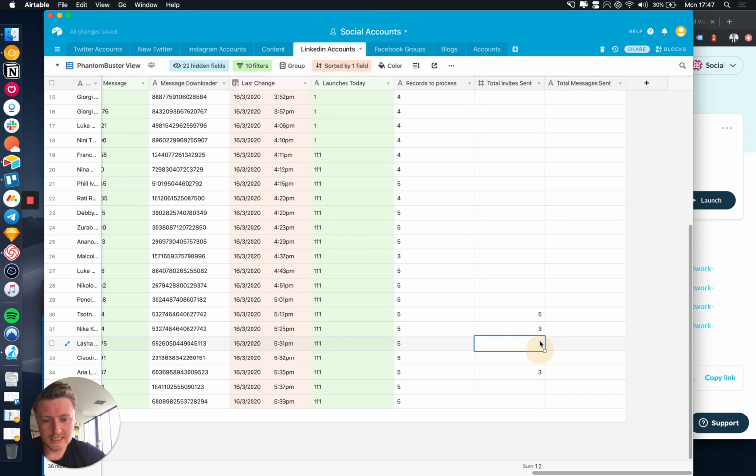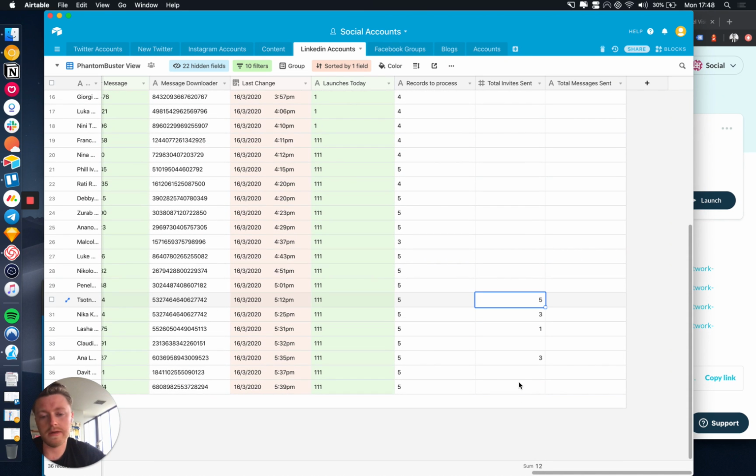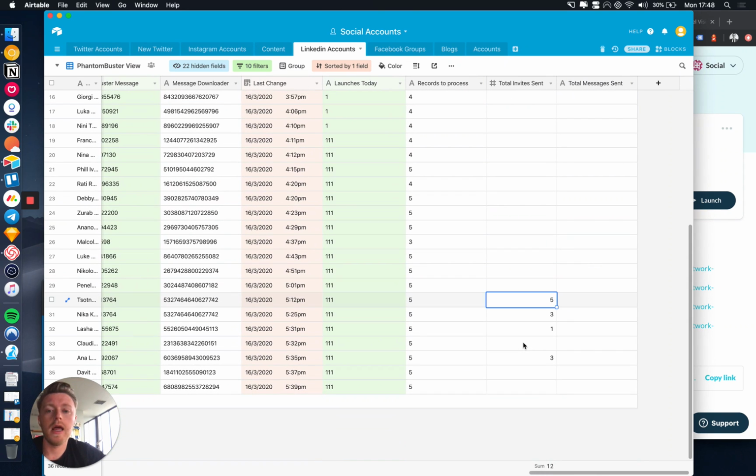I've added in the total number of invites that have been sent. I've just added this in about 10 minutes ago, so there's only 12 people here now, but now that's being tracked. I can also track total messages that have been sent in a specific day. And then I could also make analytics on top of that based on how many sales and signups